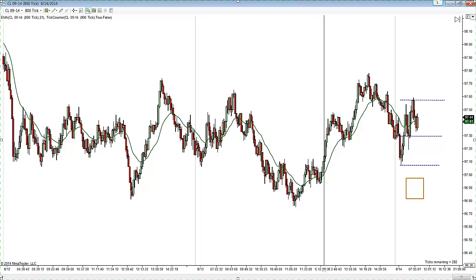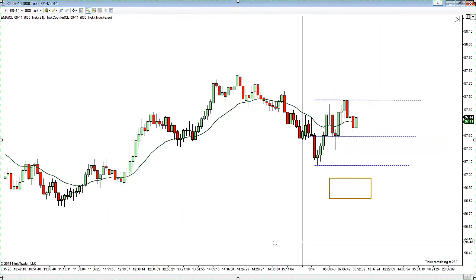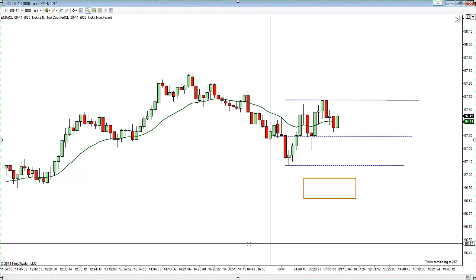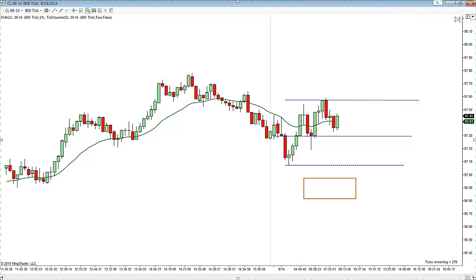I want to see that, and again we're below the $100 mark, and the price of oil has hovered more so the last few weeks, or last number of trading sessions. It's traded down from over $100. Let's take a look at